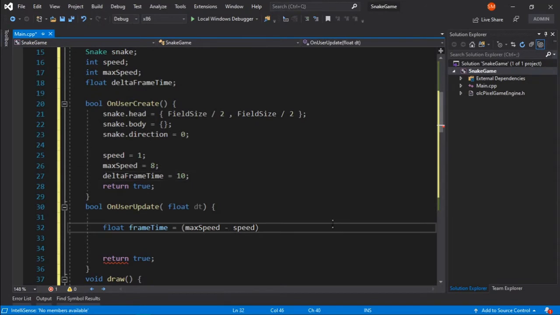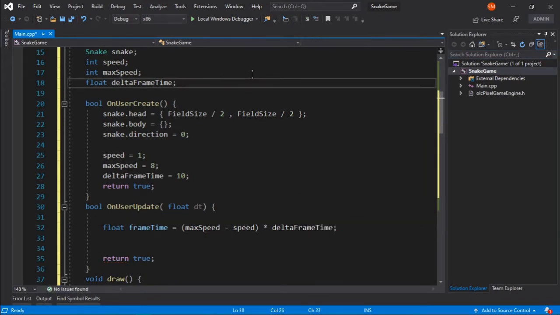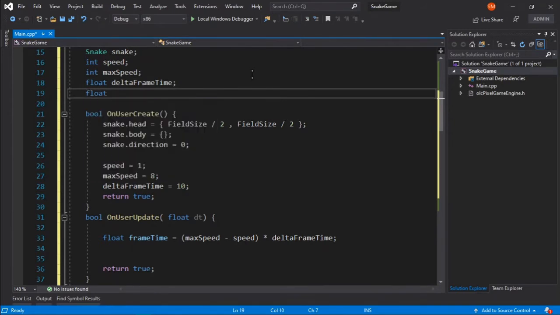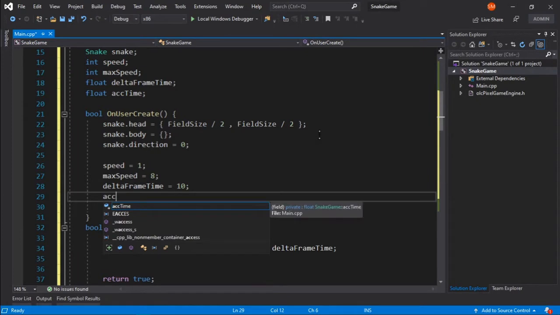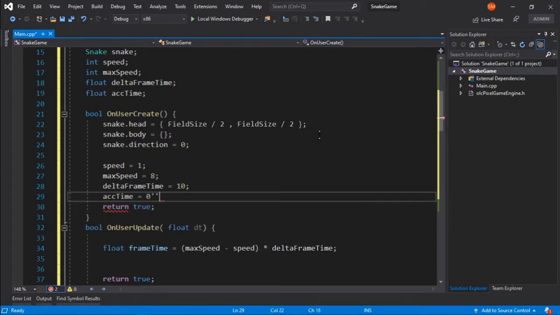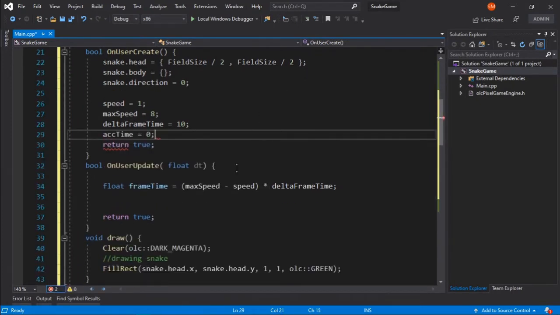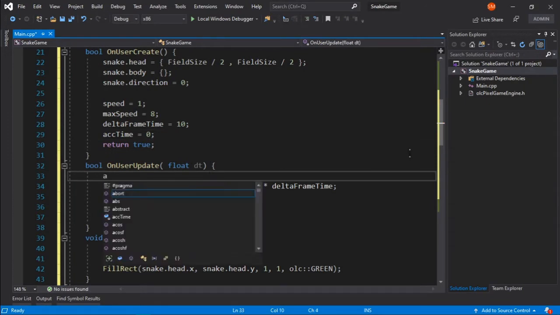We'll check this, and we will also multiply this with delta frame time, and we will have another field to keep track of the time. I will call this accumulated time, or ACC time, and at the beginning of the game we will set accumulated time to 0. But as a frame progresses, we will add our delta time to our accumulated time.